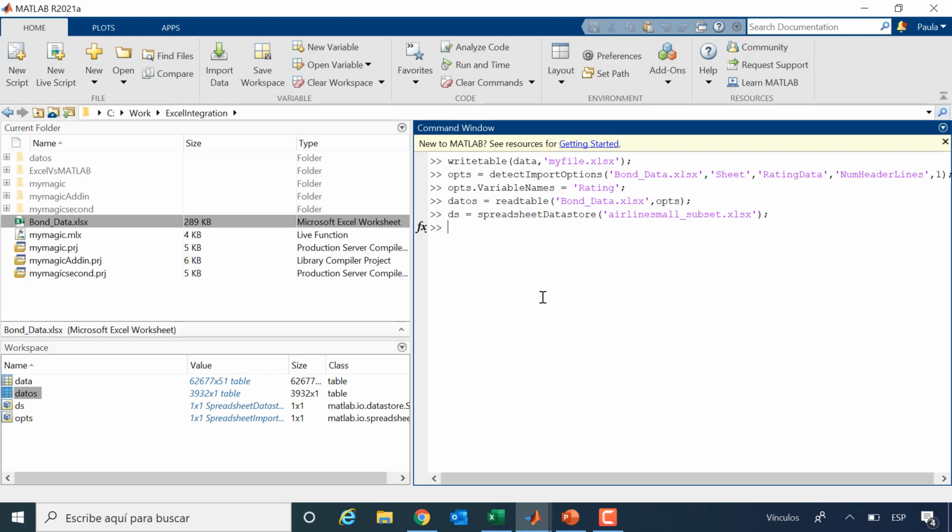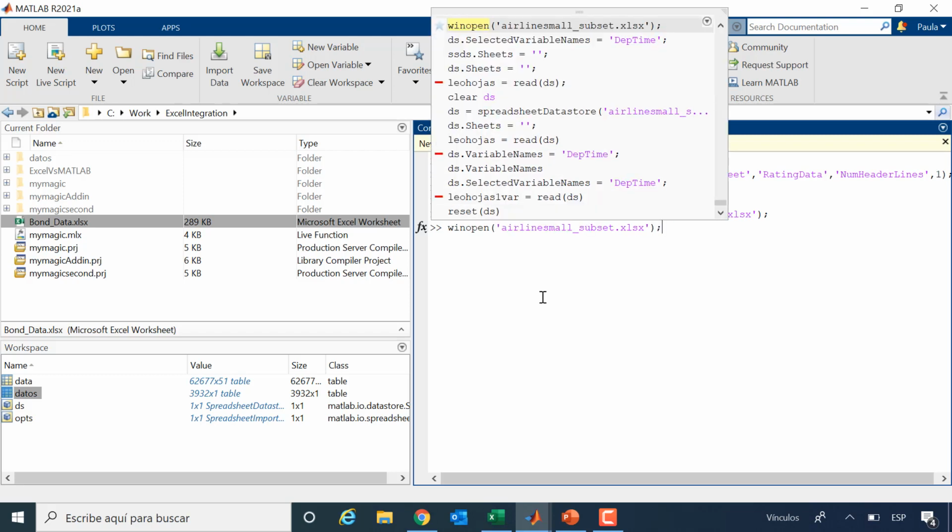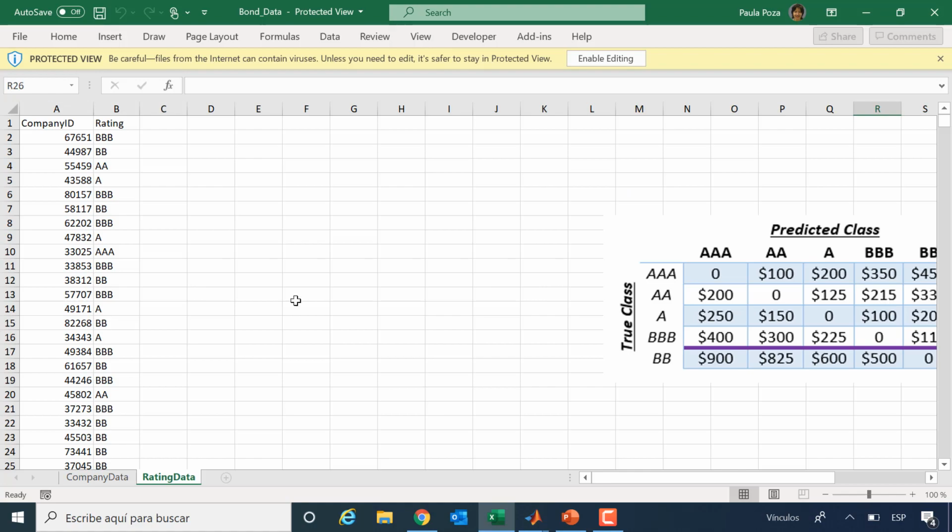For the spreadsheets that you don't know where they are because they come with MATLAB documentation, you could just say which and the name of the spreadsheet, airlinesmall, whatever, and it'll tell you what it is. You will see it's in your installation of MATLAB. Okay, so let's say I want to open this spreadsheet from MATLAB. I just go and call it like that.